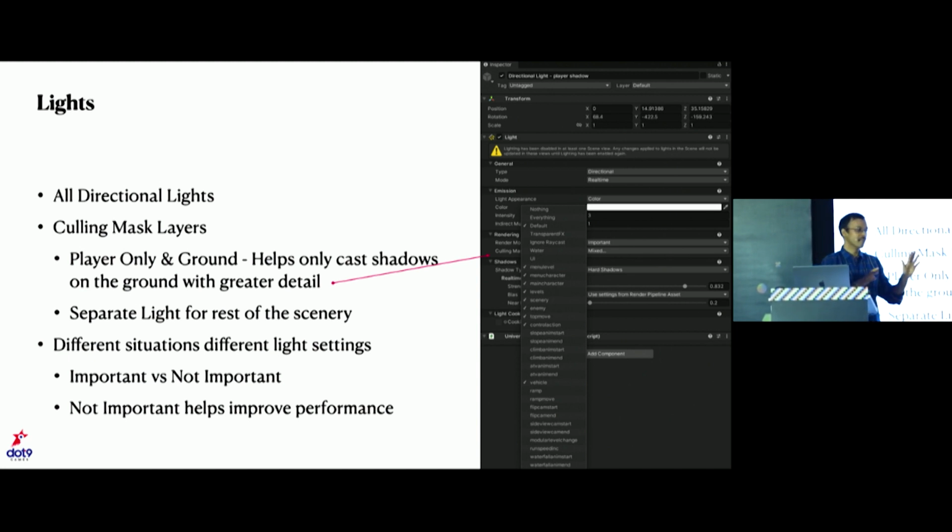Another thing on the light is important and not important. Not important is almost free lighting, meaning you can apply not-important lights in different scenarios, colored lights, anything. URP will beautifully handle it and take care of it for you. Important lights are for when you want to show the metallic and all those different surfaces, and shadows are obviously cast on important lights. But not important helps. So do check what your game really requires. If it doesn't require important light,